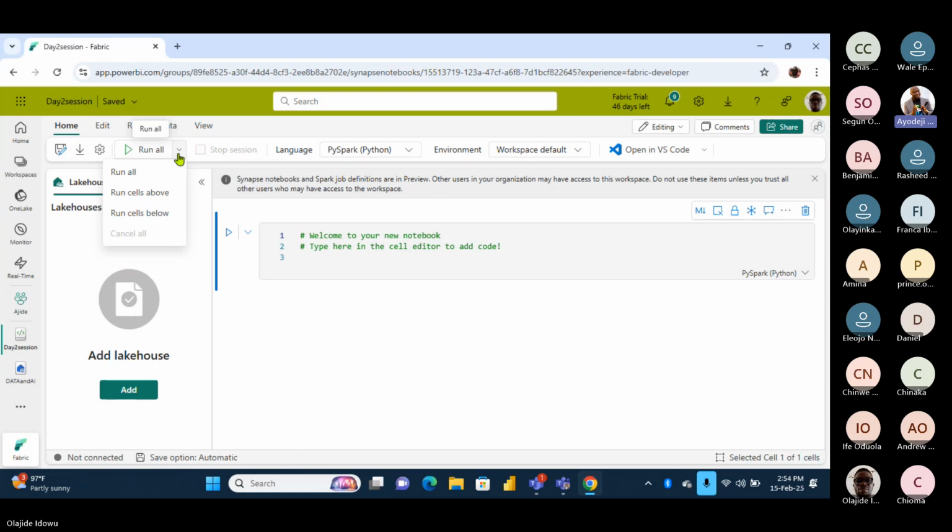So now, after run, you have your session. At the moment, there is no session running on Jide's screen. If it is running, you will see a green icon, but by the time you run your very first script, it's going to run a standard session. But if you are going to run a concurrent multi-clustering, that is for better optimization. If you are working with very, very big, massive data, you can run with that, but just know that it will come at extra costs.